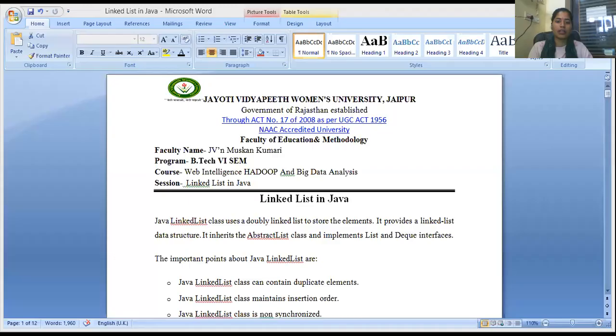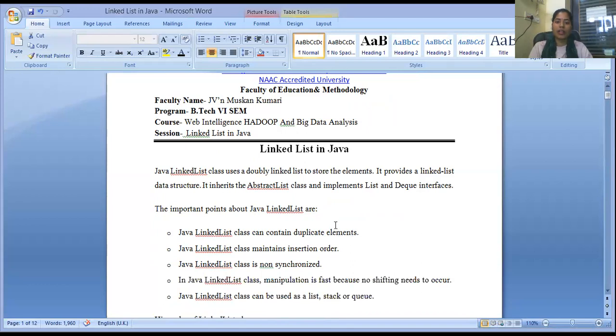Okay, so we have to discuss this topic today, the linked list. And for this discussion, I want to share some files which will help you to better understand these things. So, linked list in Java. What is the linked list? Java linked list class. Java LinkedList class uses a doubly linked list to store the elements.